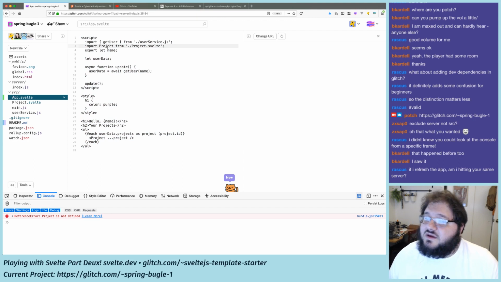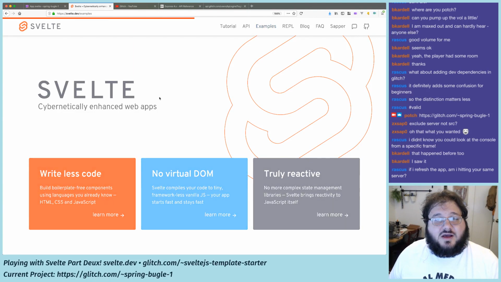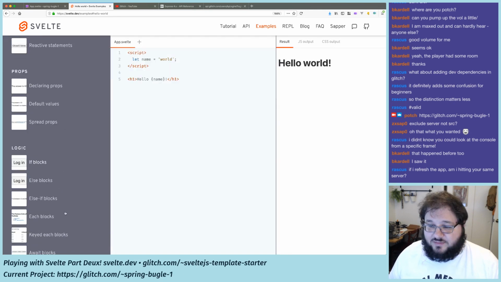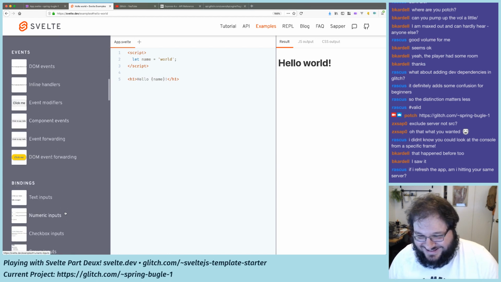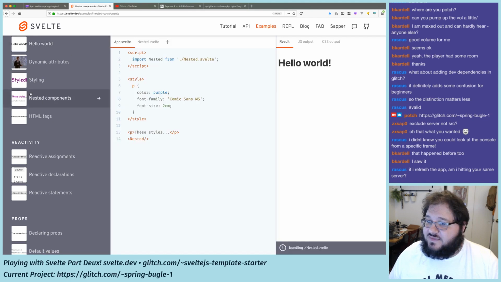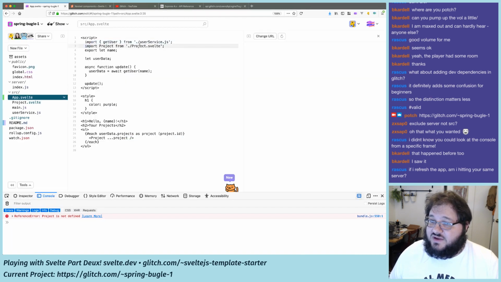That's very interesting. Because I am most definitely importing it right here. Take a look at those Svelte docs, make sure I'm doing it right. Never a bad thing to look at the docs, particularly when you're on stream and trying to actually get some stuff done. So, nested components, make sure this looks right. Import nested from /nested.svelte. That looks extremely reasonable. Import project from /project.svelte. But sure enough,